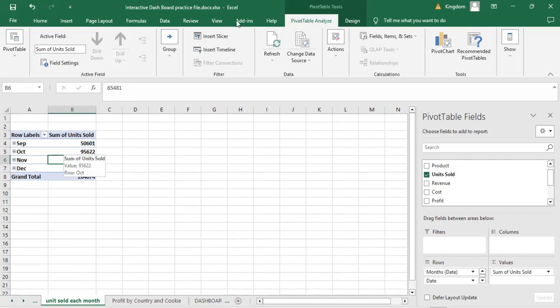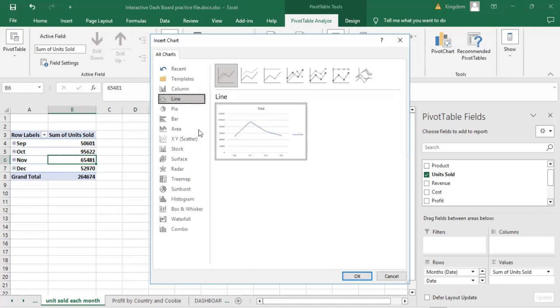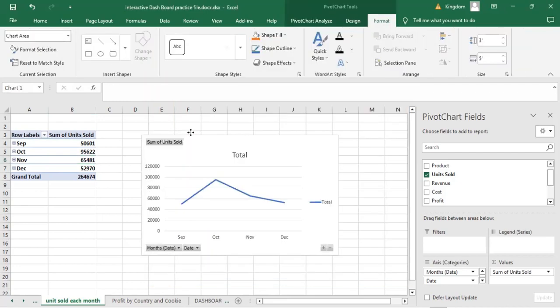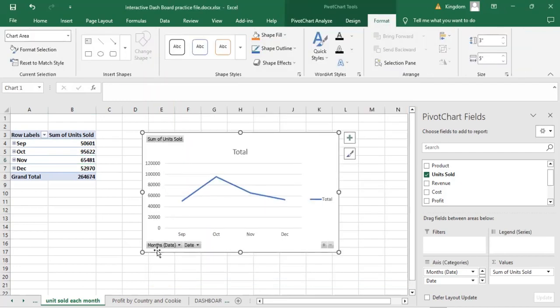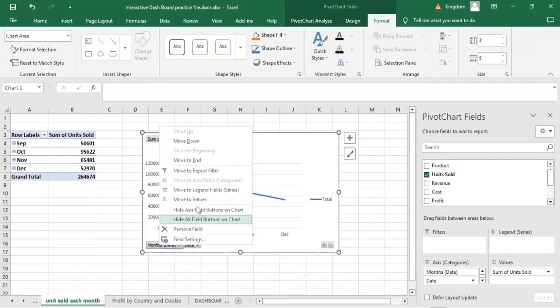So remember, we have to go back to our pivot table, then click on pivot charts. For time data like this, it's good to use a line. So I'll select this line graph and okay. Awesome. So we have this. Remember that some of these buttons we don't want them. So I will right click on this button and say hide field